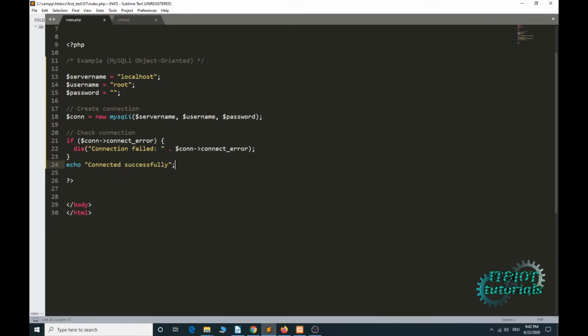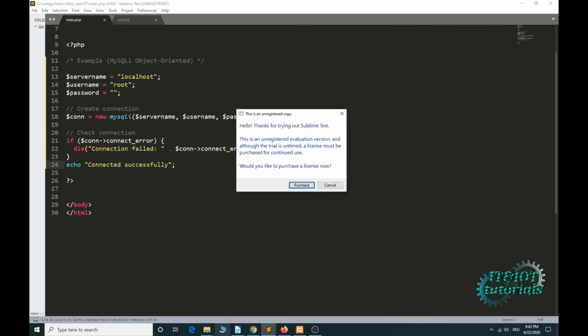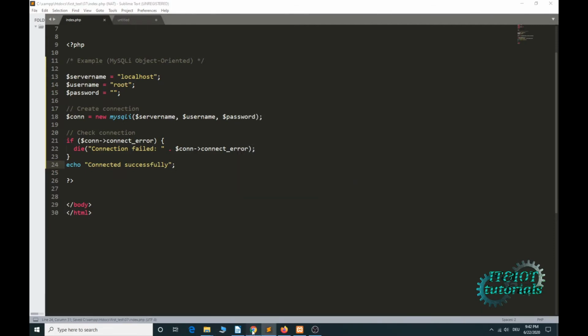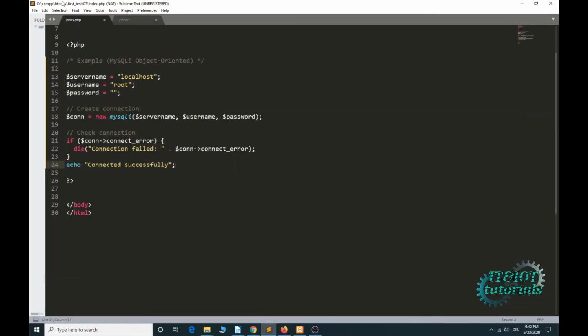Now Ctrl S to save, and here you have to type the full path to your PHP file. My PHP file is xampp htdocs first test 07 index.php, and that is here. And if I refresh,